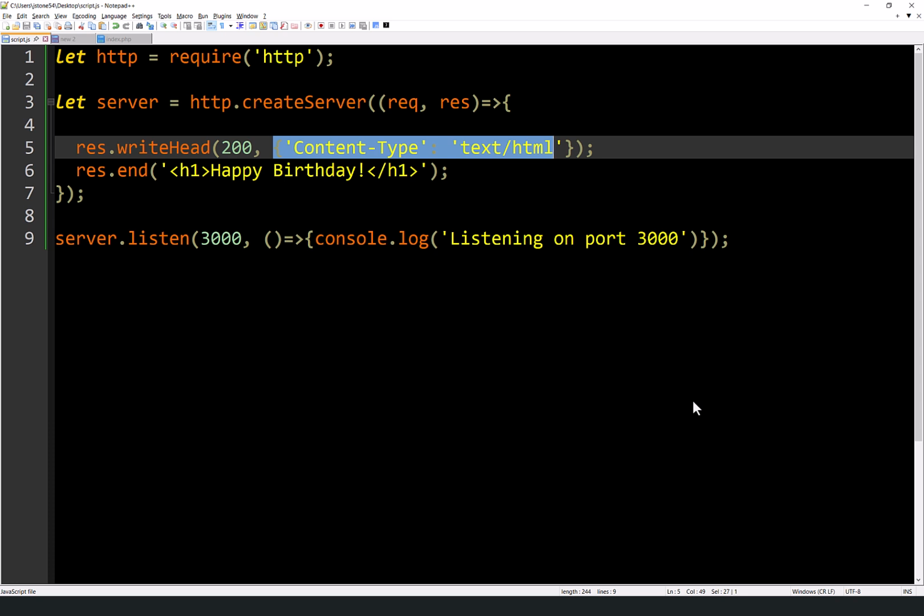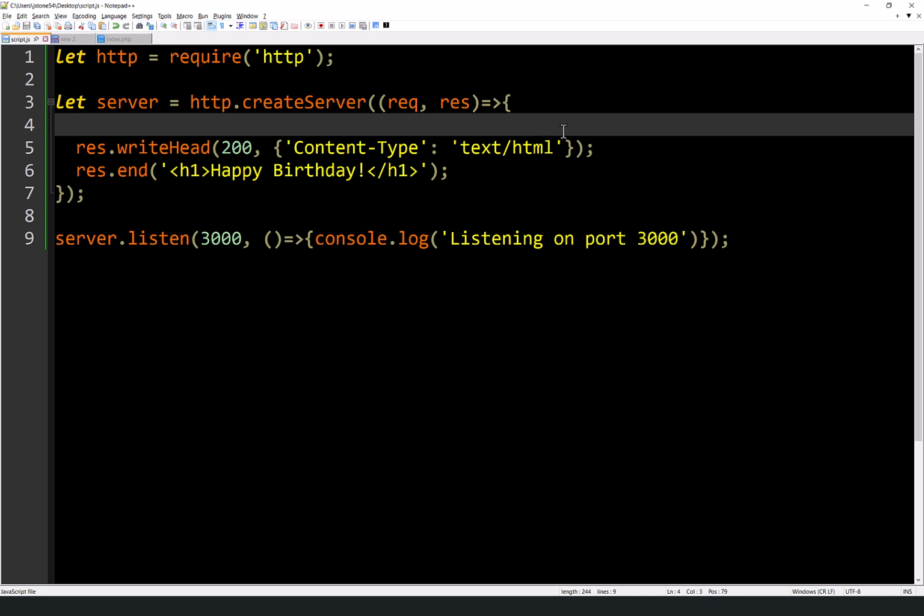Most of the time, and as you've seen with apps you've built in this class or any other web classes you've taken, the about page is its own separate set of code, and the contact page is its own separate set of code, and so forth. Well, it's very common with Node.js to do all of that in one file. And so no matter where they go, /whatever, it just all happens right here in this file, right? So let's do that. We're going to allow them to type in about and contact, and everything else we'll give them a 404 error. How about that? Okay, we've got the request here.